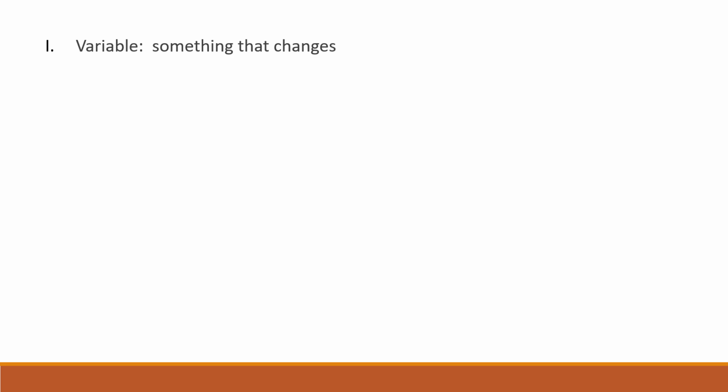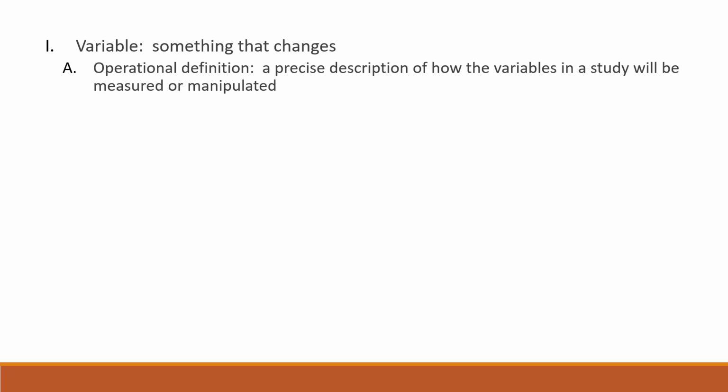Some variables have an obvious way of being measured. If your variable is length, you measure the length with a ruler or other measurement device. But if your variable is an emotion, it isn't always obvious how to measure it. Which brings us to operational definitions, which are a precise description of how the variables in a study will be measured or manipulated. How would you measure memory, personality, emotion, cognition, intelligence, or other variables that aren't always visible or